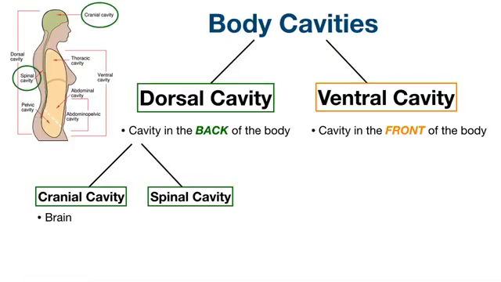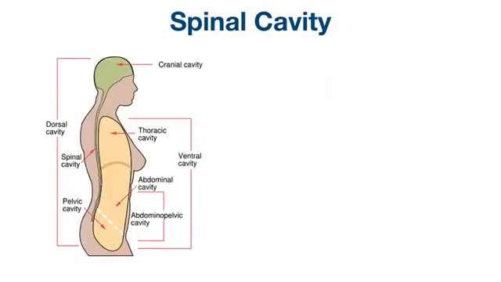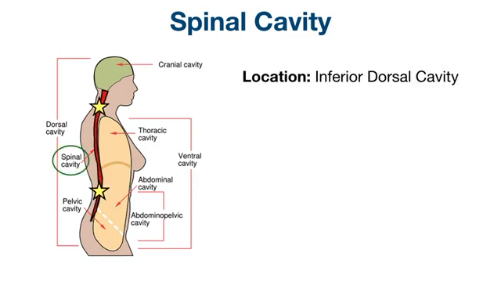If we go back to the flow chart, we now have a good understanding of the cranial cavity and how it contains the brain. Now let's look at the features of the spinal cavity. The spinal cavity is also known as the vertebral cavity, and it's the inferior portion of the dorsal cavity. The spinal cavity is continuous with the cranial cavity, as we can see highlighted in red and labeled by the